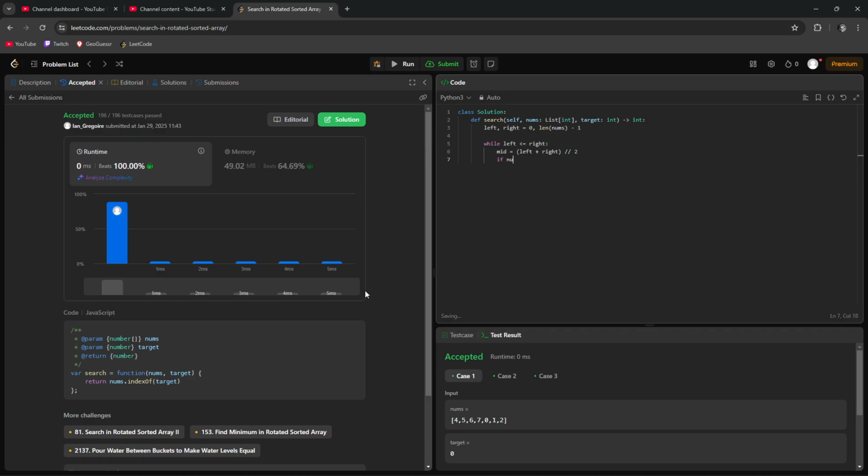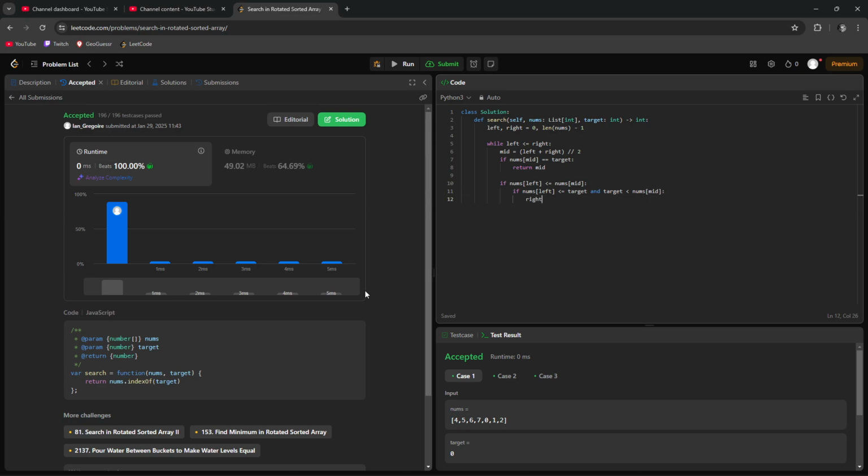If nums[mid] equals target, return mid. If nums[left] is less than or equal to nums[mid], if nums[left] is less than or equal to target and target is less than nums[mid],